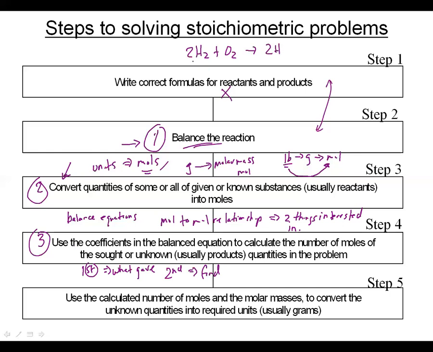let's say we were given the amount of H2 and we wanted to find how much H2O. The relationship would be for every 2 moles of H2 I throw in there, I get 2 moles of H2O out. And that is the mole to mole relationship. And what that essentially is going to do, which is basically the big stoichiometry step, the step people always freak about, is this is basically going to allow you just to be a